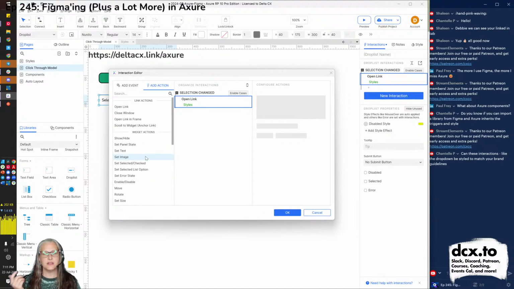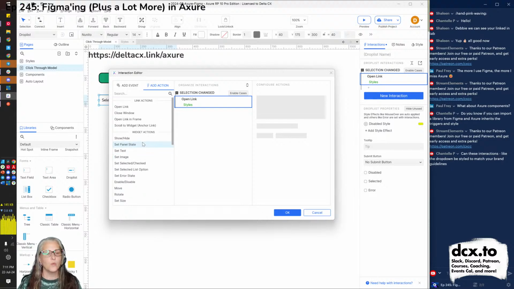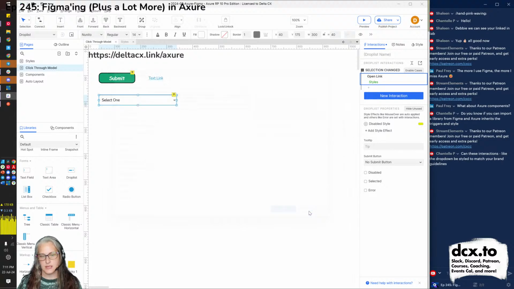So this is everything Axure can do every time you want it to take action. That's where the word Axure comes from. So it is not French. People think it's from some other language. I believe it is from action. And so right now, we're just making things link to other things, but before we did enable, disable, but there's all kinds of things that you can make happen in Axure.